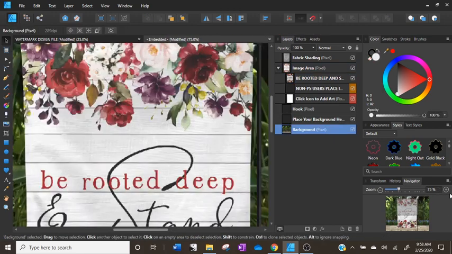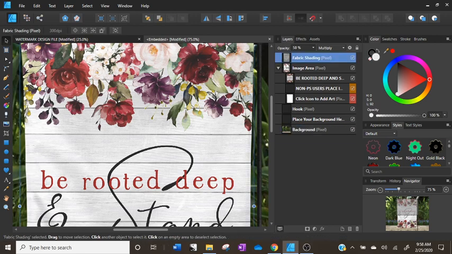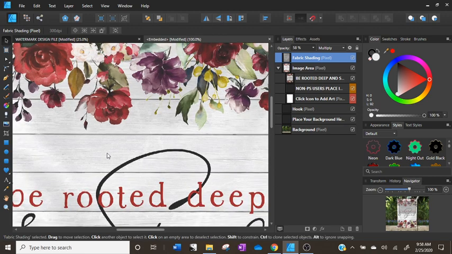Now, one of the cool parts about the mock-ups from Styled Mockups on Etsy is that because they are what's called smart object mock-ups, they have cool features like texture. So you see where this says fabric shading? That is this texture that we see, hopefully you guys can see, over top of this